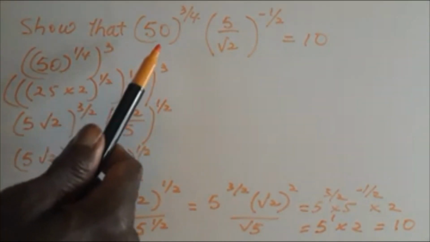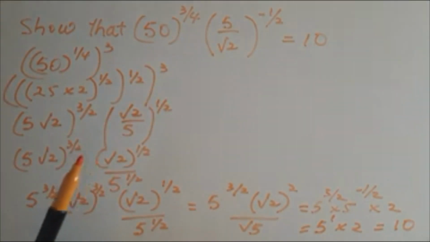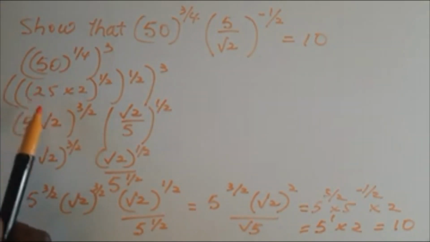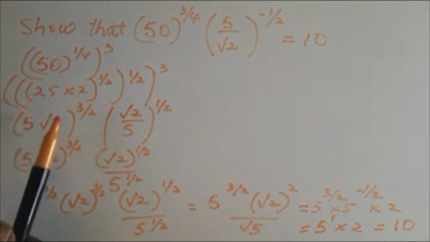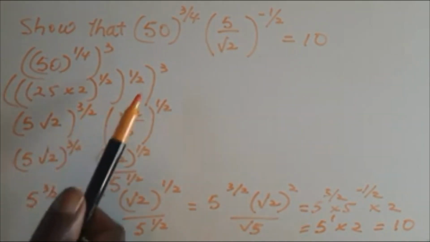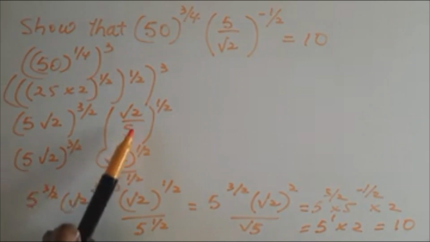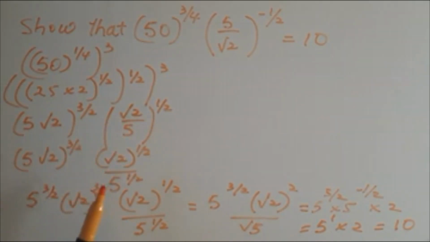First, we simplified 50 raised to the power of 3 over 4 by looking at 50 and finding the square value here, which is 25. We can simplify this in here, the inner brackets, and then we just have 3 times a half. Again, we simplified here to give us root 2 raised to the power of a half and 5 raised to the power of half in the denominator, or root of 5. Further to that, we simplified here again to have 5 raised to the power of 3 over 2 and root 2 raised to the power of 3 over 2,